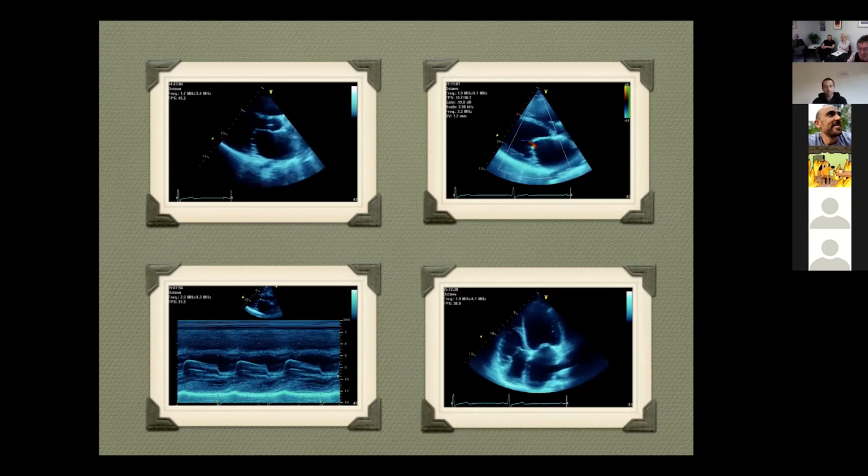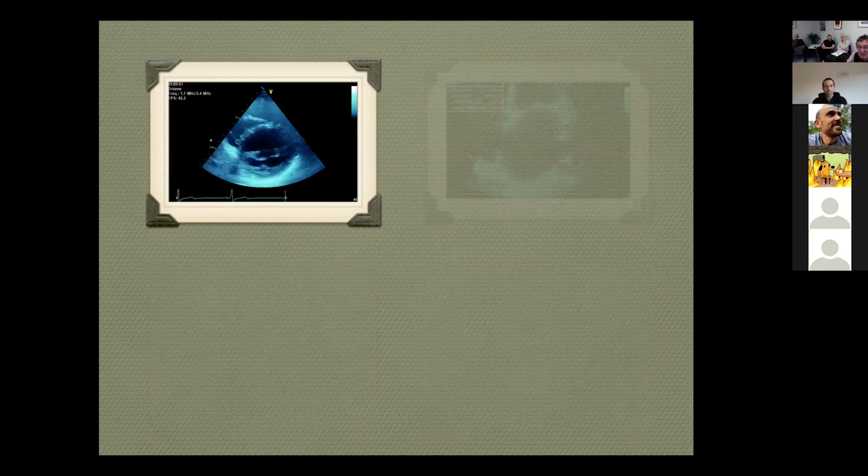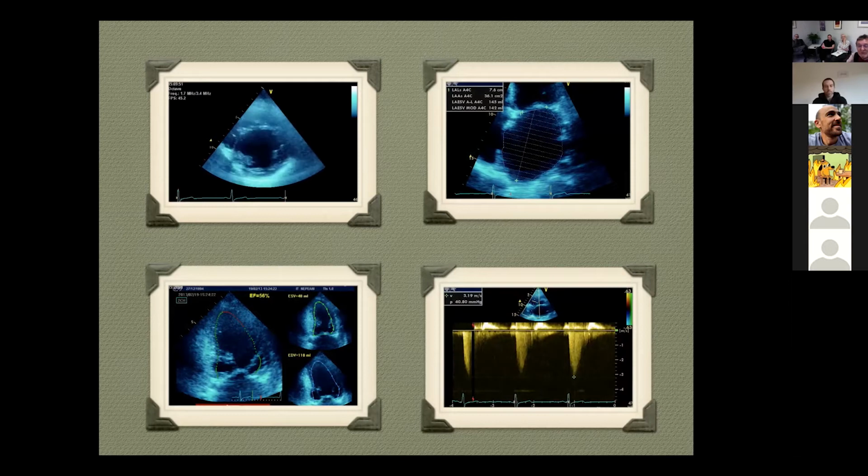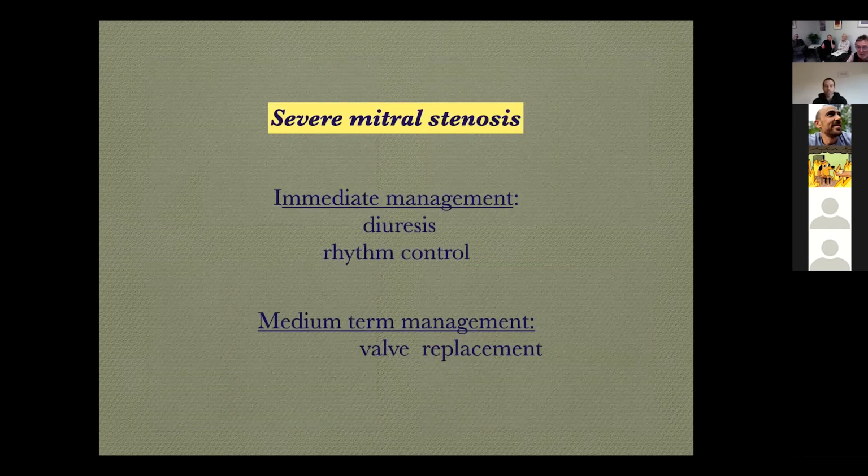Of course, the other thing was that she had a good ejection fraction, and she had a pulmonary artery pressure on that one, that's RV minus A, of 41. So the diagnosis of severe mitral stenosis was made. At 6 o'clock in the evening, we did 2 things. One is we put on a furosemide infusion. Two, I put on digoxin,